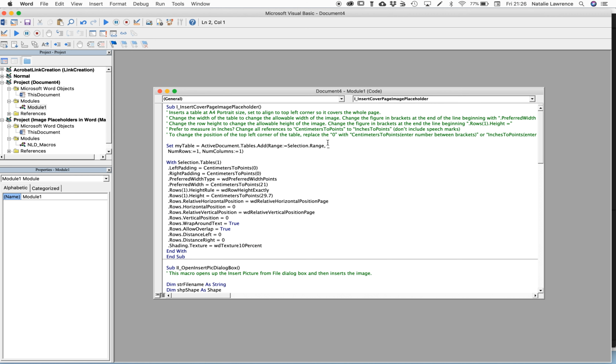To change its width, I go to the line beginning with .PreferredWidth and change the figure in brackets. I do the same in the line beginning with .Rows(1).Height =. If I want to change the height, you'll notice the words CentimetersToPoints. This helps to set the right measurements in centimeters. If you prefer to use inches, change everywhere you see these words to InchesToPoints and change the figure in brackets. So for a portrait US letter, for example, you'll change the numbers to 8.5 and 11